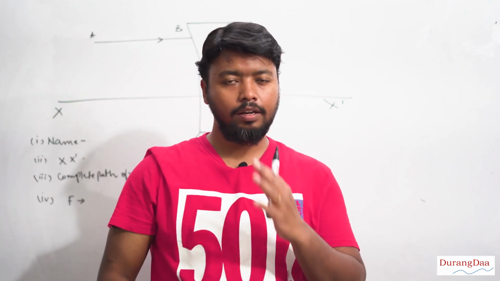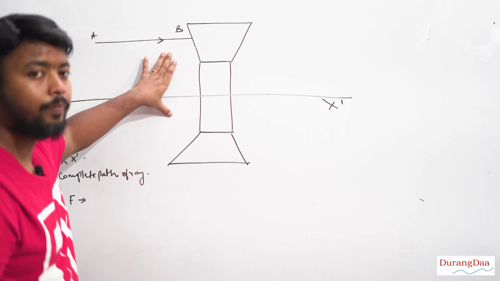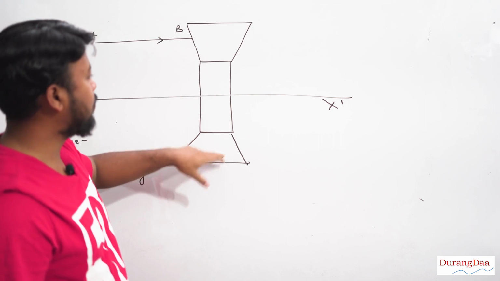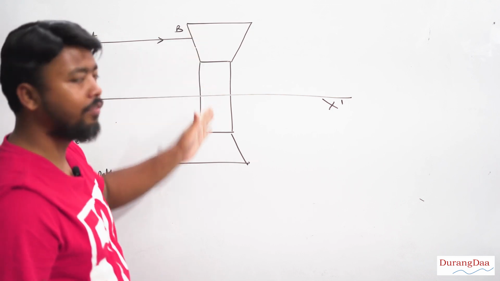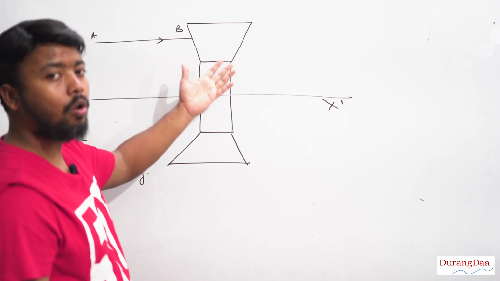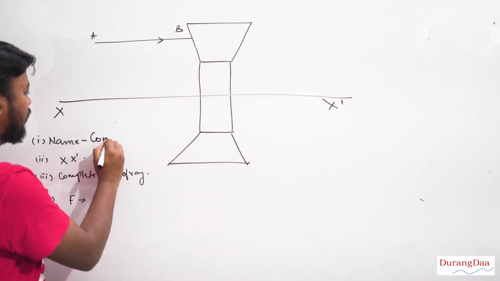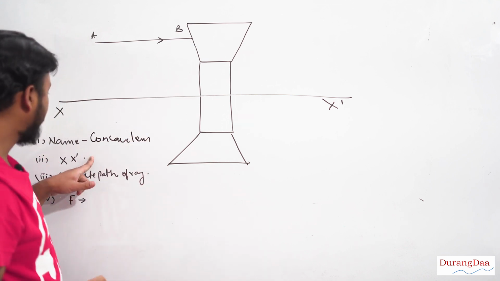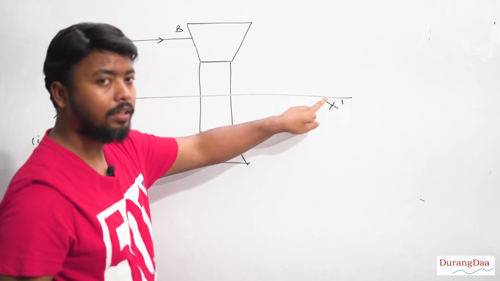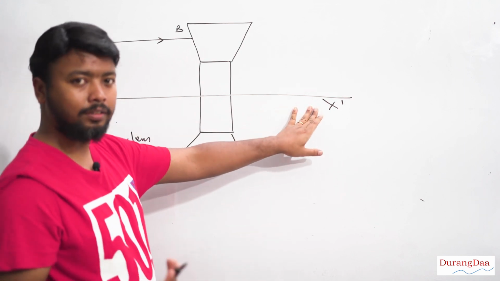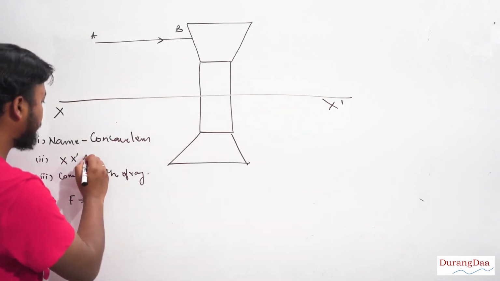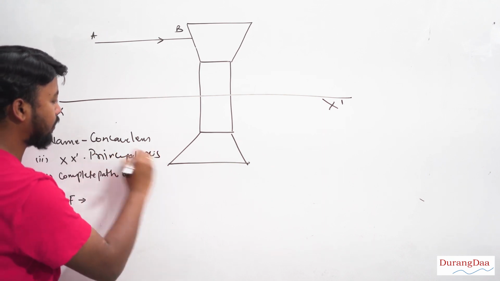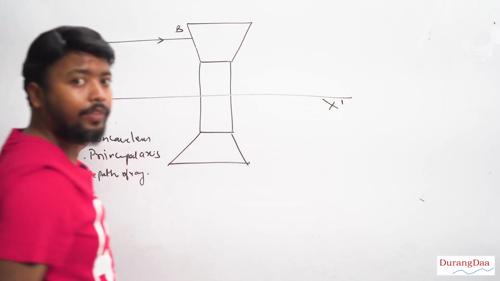In question 3, again a diagram has been provided as shown here. Now in the diagram, they have represented two prisms and a glass slab, and they are asking the name of this lens. Clearly this is what? Concave. Very simple. This is a concave lens, a thick concave lens. Alright. Second part, you have to label this line x dash, what it is. We have studied that. In technical terms, this is your principal axis. This line is principal axis.